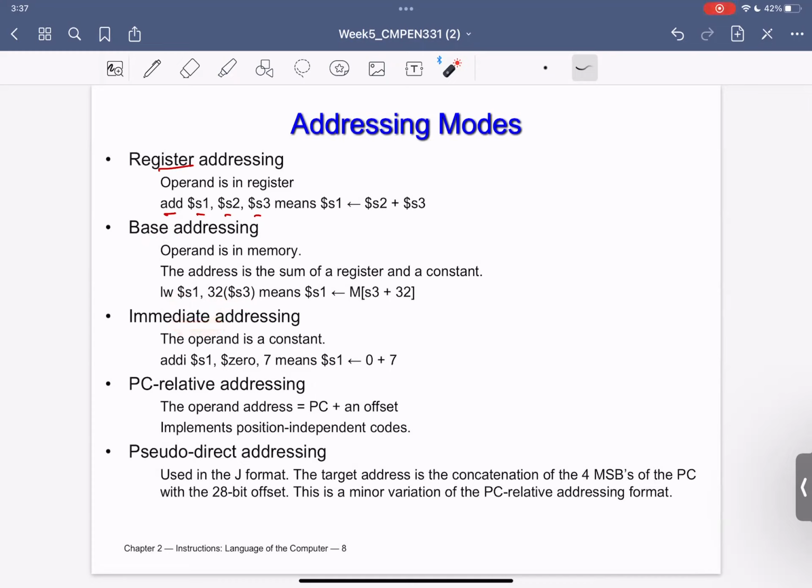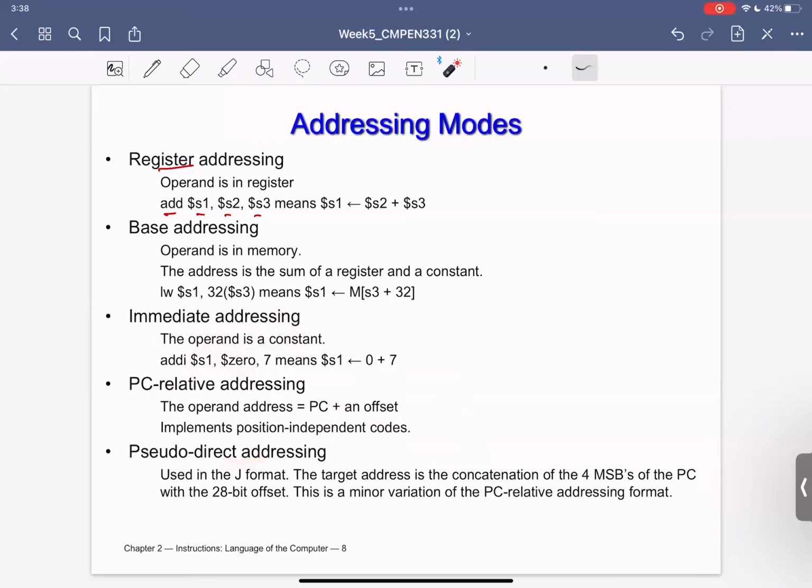Immediate addressing. An example of that, let's suppose that we would like to do an add immediate. Immediate 0 plus 7, put the results in S1. So I'm going to register 0, see what is inside there. Of course, it is 0 plus 7, and then put the results in S1. This is what I call immediate addressing. Program counter relative addressing is just what we mentioned for the branch. The program counter plus a certain offset. So program counter plus a certain offset will give you the program counter relative addressing. It's exactly the example that we just solved a couple of slides ago.